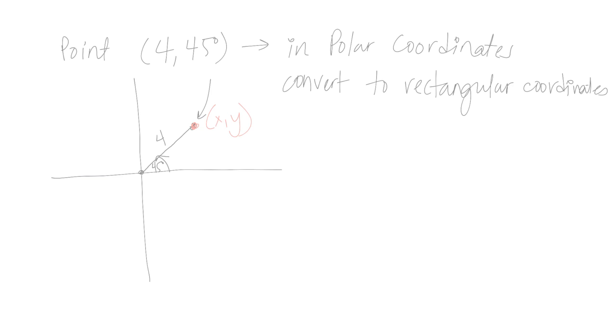So I just need to figure out what this x value is, let's call it x for now, and what this y value is, we'll just call it y for now. Looking at my diagram, I did just form a right triangle, and I have one of the angles and the hypotenuse. So if I wanted to figure out x,